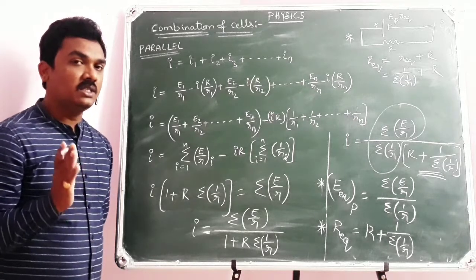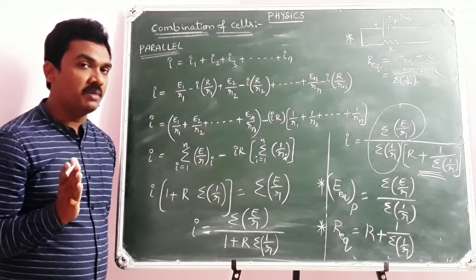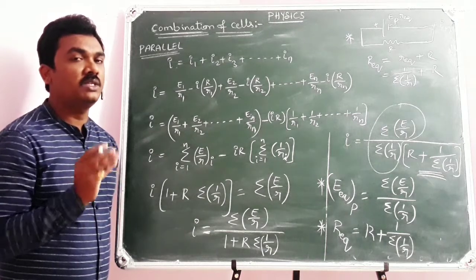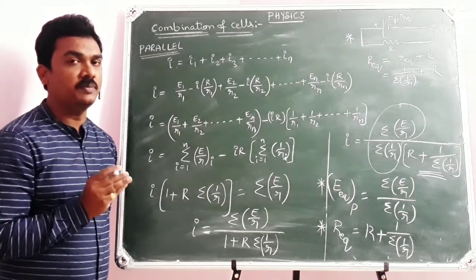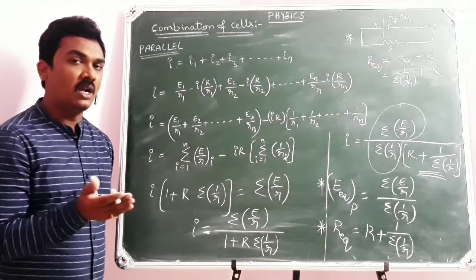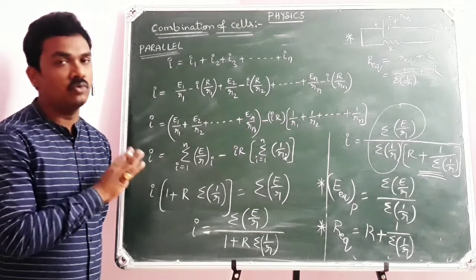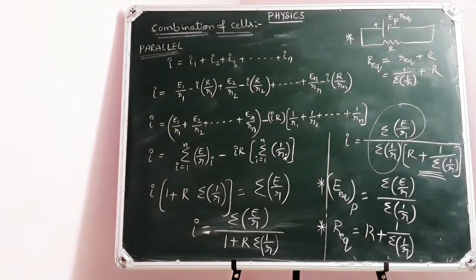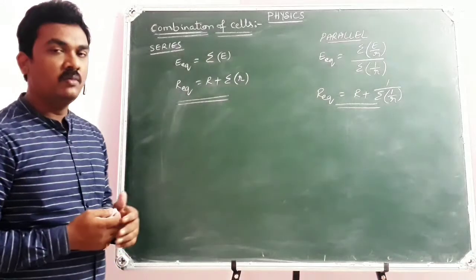So you have learned till now series combination and parallel combination of cells. Let us discuss conclusions from these two concepts. Let us write conclusions on the board at one place. Once note down, I will write the ultimate conclusions from these two concepts. Write down. So once look at the board.